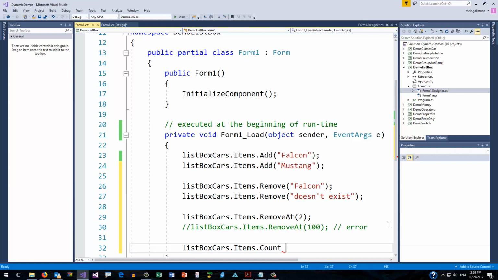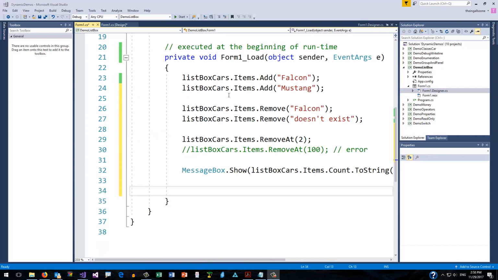So if you say remove at, say 2, which as we've done here, which is more or less in the middle of the list, then everything below 2 will be moved up by 1, and there will be a new item at index 2. So for example, I can put the count here, so let's do a message box show. And that has to be a string in order to put it out to a message box. And there's a message box dot contains. So we say list box cars dot